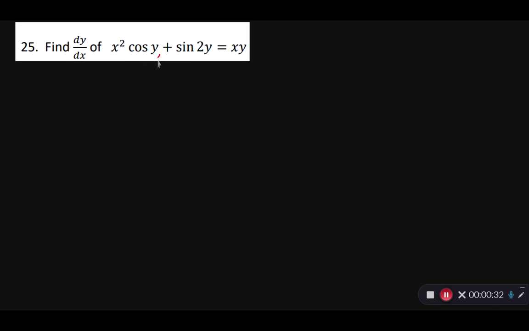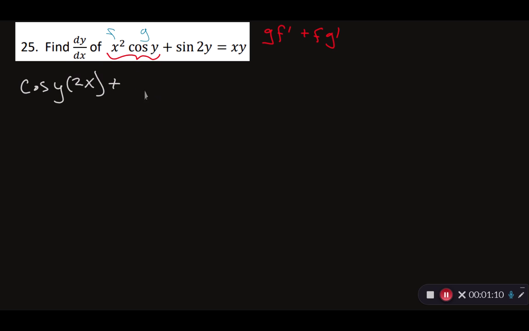So we're going to start out with this portion here, and we see that it's a product, so we're going to have to use the product rule to take the derivative of this portion. We'll call that f, we'll call this g, and we're going to write down the product rule over here on the side for our reference. So it's g times f prime plus f times g prime. Okay, so we're going to write down g, which is cosine y, times the derivative of x squared, which is 2x,